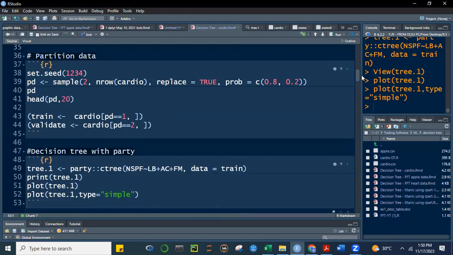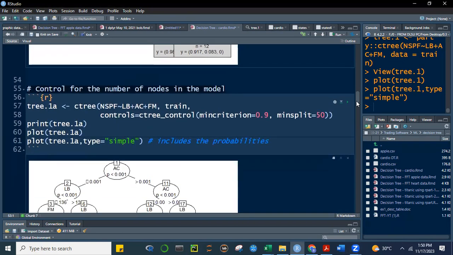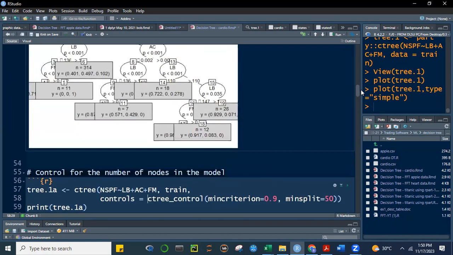Now, for the first model, we just used the defaults. We did not use minimum criterion. We did not use minimum split. You can, of course, control your model by using the controls function. And then here, under the controls function, you have C3 control, where you can